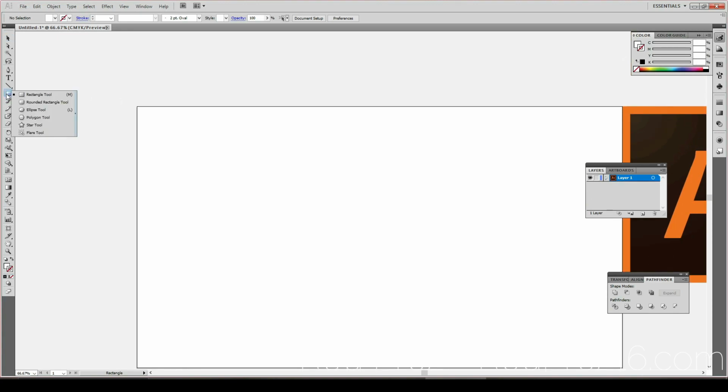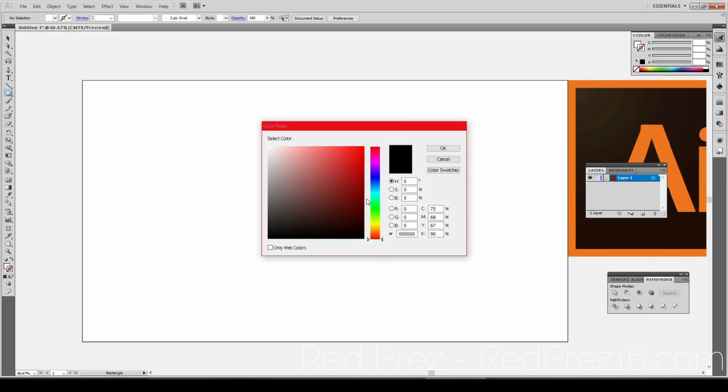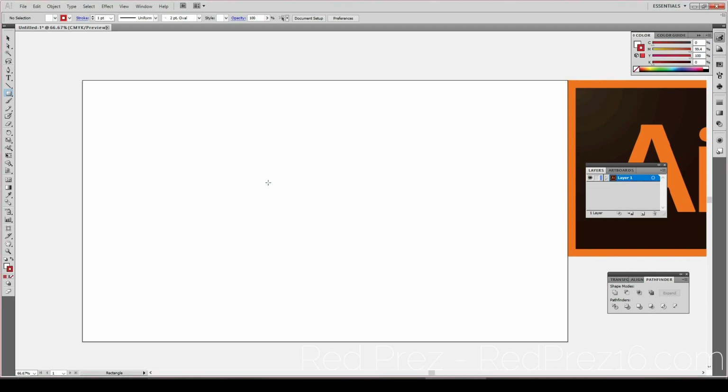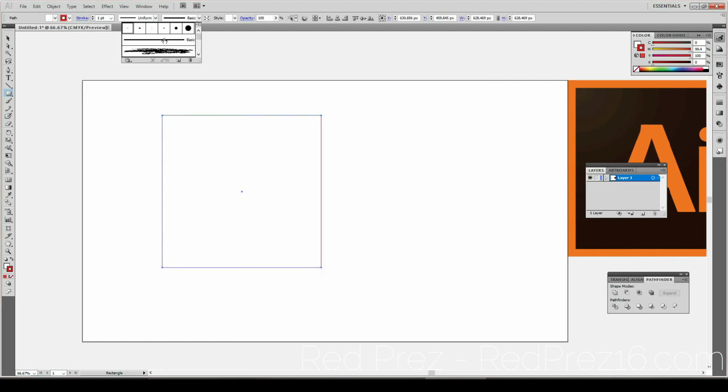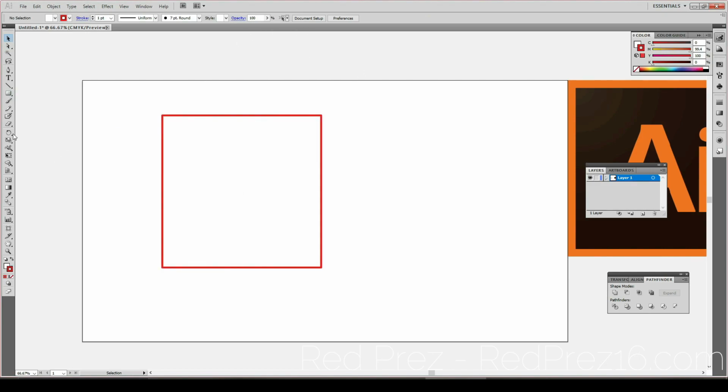You want to take your square tool, or sorry, your rectangle tool. L is your ellipse, M is your rectangle. We need M. If you accidentally put a stroke on, just do no stroke for a second, or if you want, you can do a stroke because we will need it in a minute anyway. So we're just gonna make it red for now, because why not? Okay, now basically make it a stroke like that, and then we're gonna create another square inside of this square,